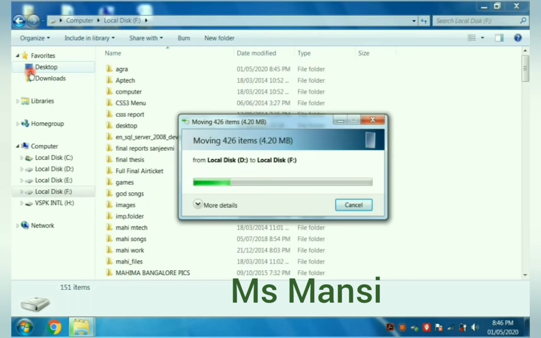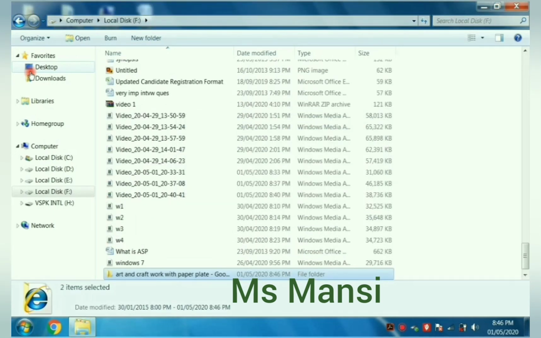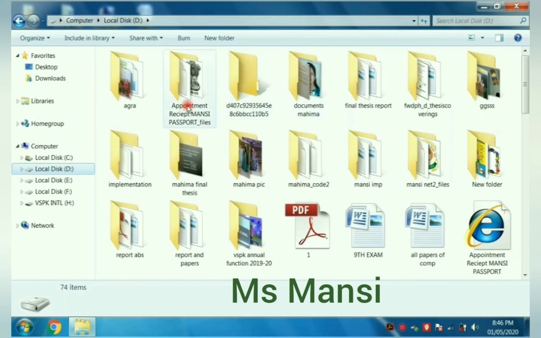Now the folder that I have cut from D drive is pasted into F drive, but the folder that I have cut is no longer in that drive, because I have used cut.